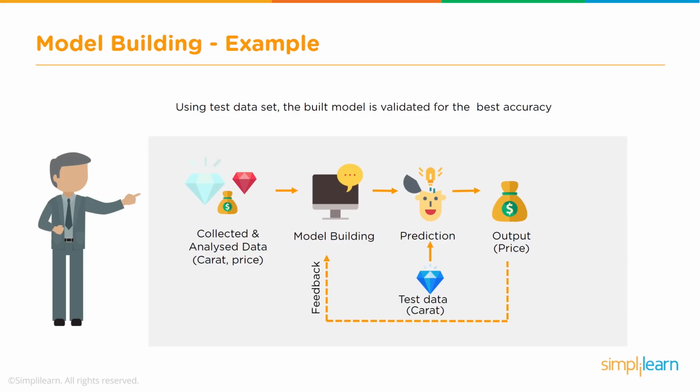All right, so the way it works is we use the training and the test data set to train the model, and then validate whether the model is working fine or not using test data. And if it is working fine, then it is taken to the next level, which is put in production. If not, the model has to be retrained. If the accuracy is not good enough, then the model is retrained, maybe with more data, or you come up with a newer model or algorithm and then repeat that process. So it is an iterative process.